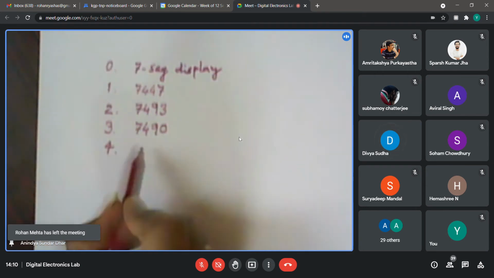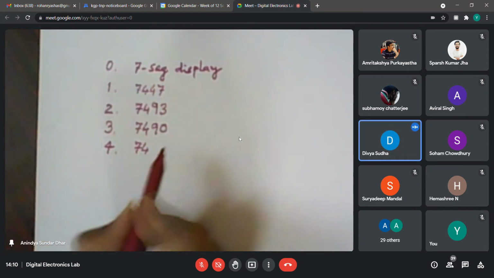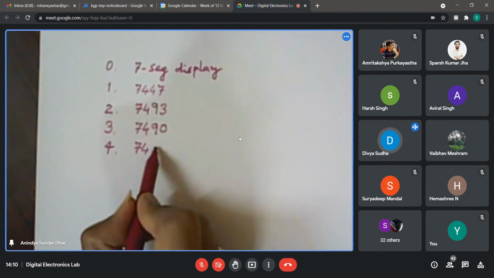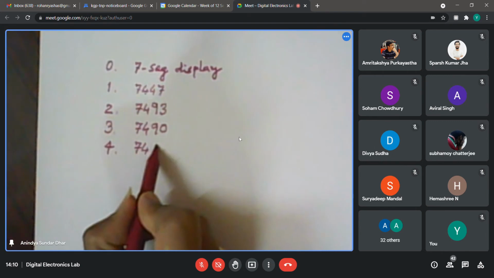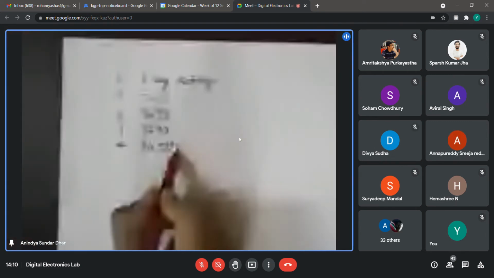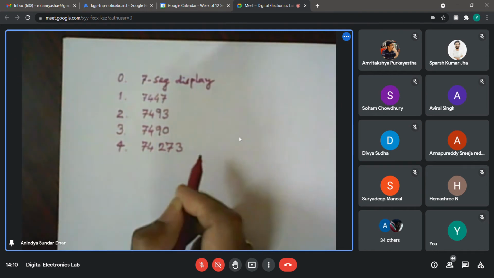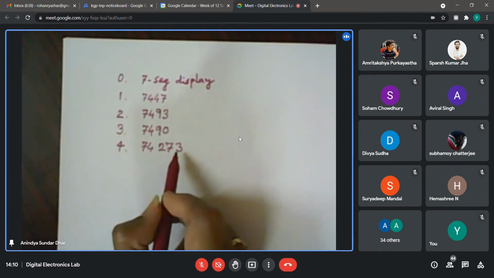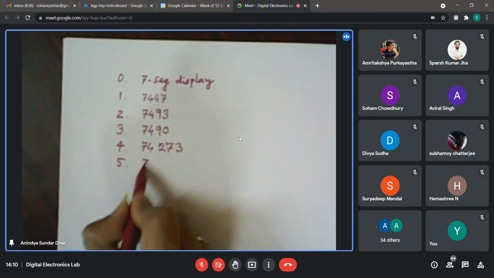Other than that, then 74273. Other than 273, any other register you have used? There is something called 173, 374. I do not know, but anyway, 273 you have used. 7483 you must have used.